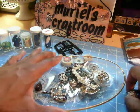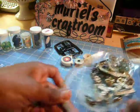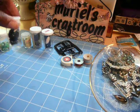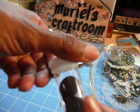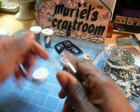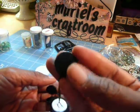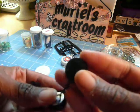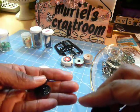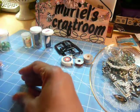And then, excuse the noise, how funny is it that the mother-in-law would keep little bits and pieces of buttons and stuff in these little medicine jars. So in this one here are these pretty black velvet covered buttons. Adorable. And then like 2 more here. And then there were